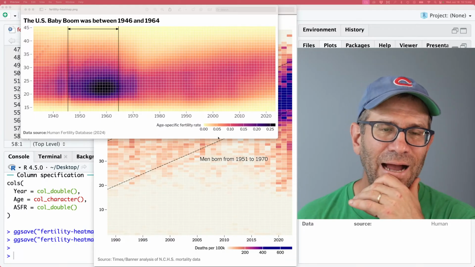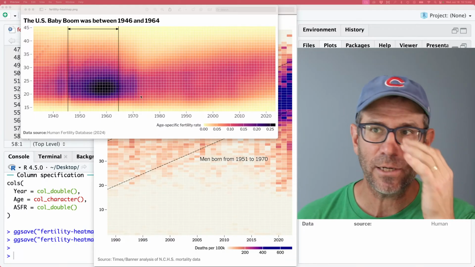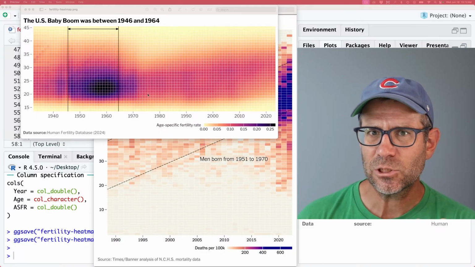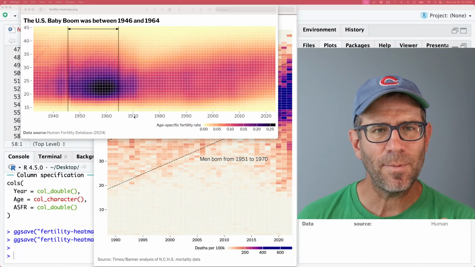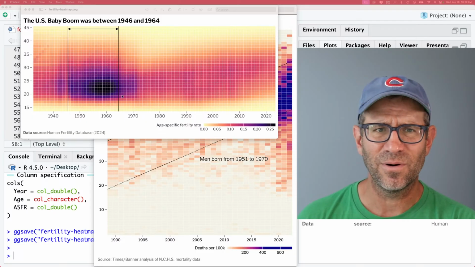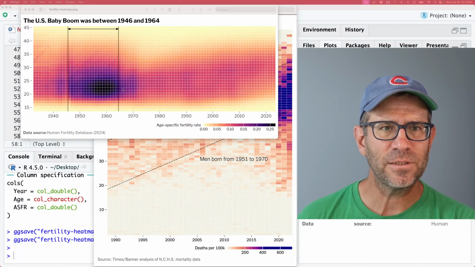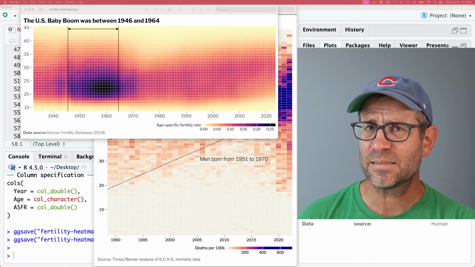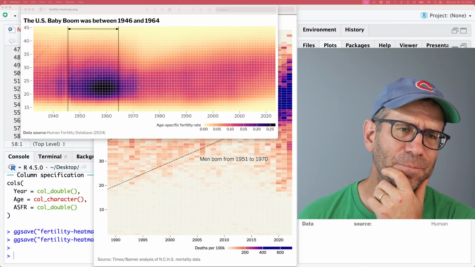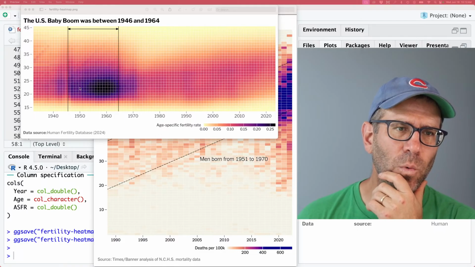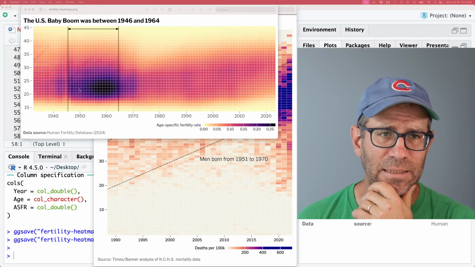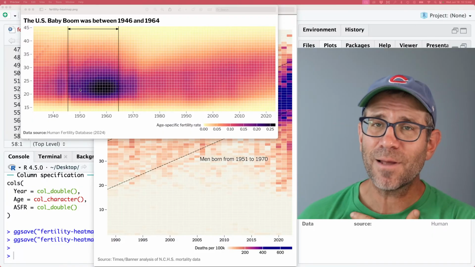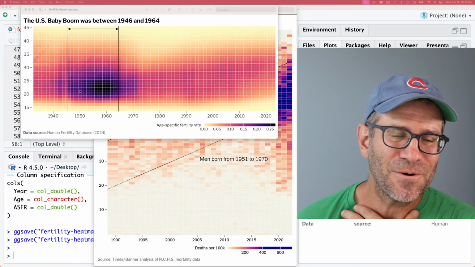As I look at this, my mind goes in a few directions, right? First of all, there's interpretation. So this is like a baby boom, but why doesn't the baby boom go out to like 1974? There's high fertility out to like 1970, '71, right? Why does it end so abruptly here? Or why doesn't the baby boom start at 1950? At least according to these data. And that's again where I'm not a demographer. I don't know